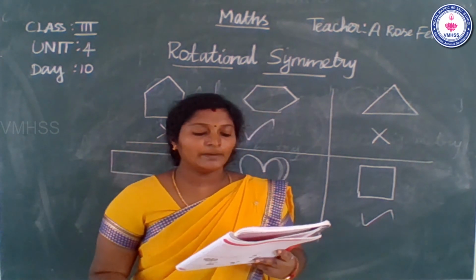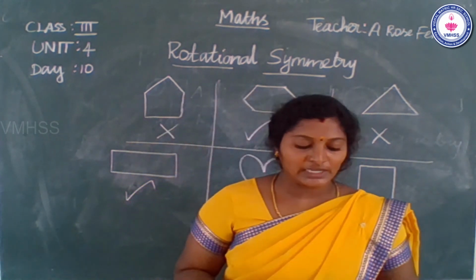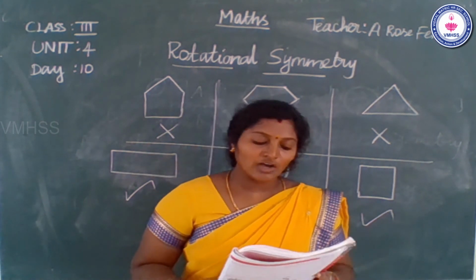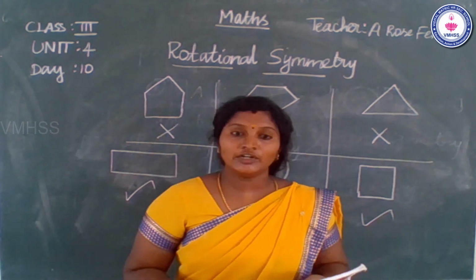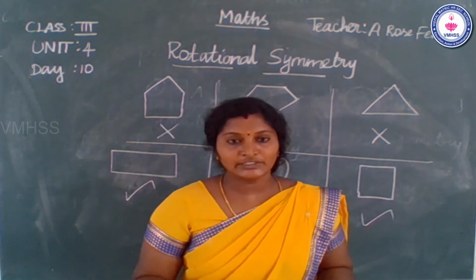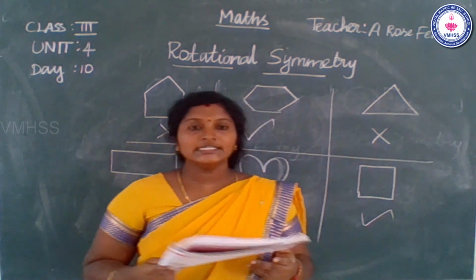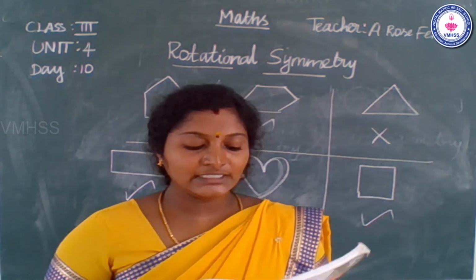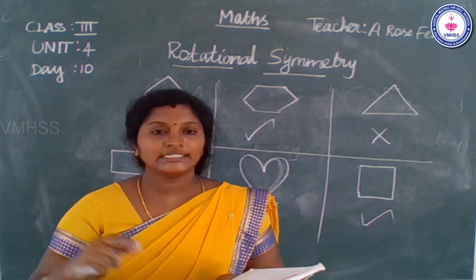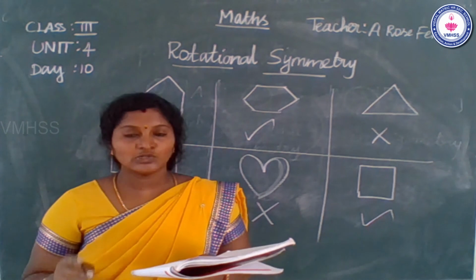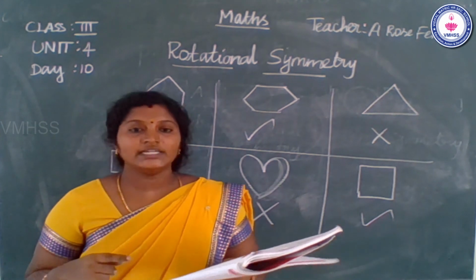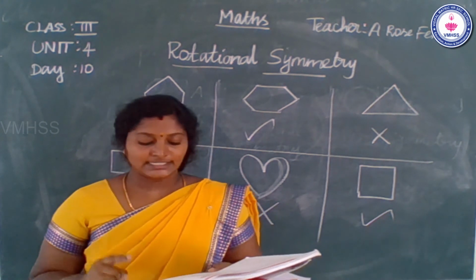Okay, so first one, a boy. So the object has a line symmetry but no rotational symmetry. Okay, so second one, the object has rotational symmetry but no line symmetry. So third one, the object has both line symmetry and rotational symmetry. Okay, ma? So last one, so pick the shapes that have a rotational symmetry. So first one, wrong. Second one is a rotational symmetry and third one, it's wrong. Okay, so fourth one rotational symmetry and fifth one is not a rotational symmetry and sixth one is a rotational symmetry.